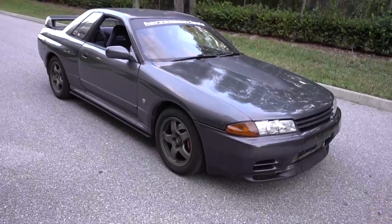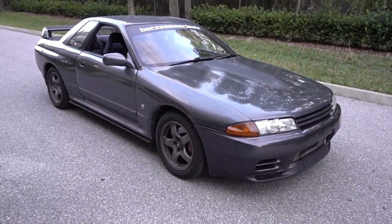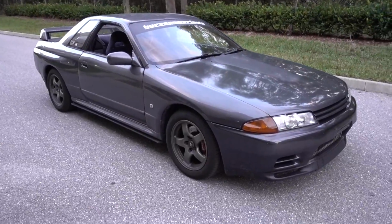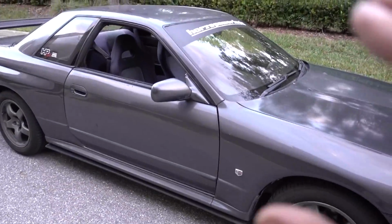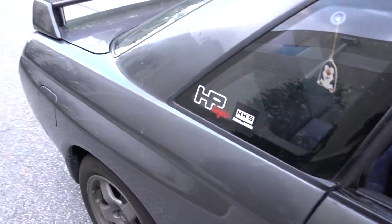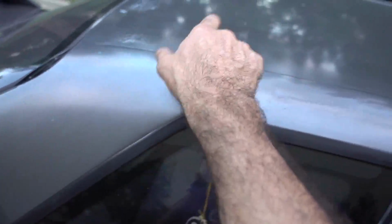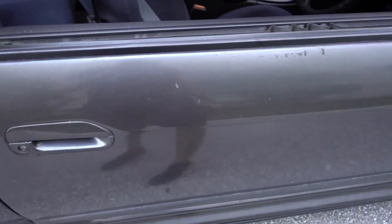when we first got the car, we looked under the hood, and it had some cool HKS goodies, some old stuff, period correct, and that was cool to me. But driving it, upon getting into it, first thing we noticed, it was rough. Like, the paint's messed up and stuff, everywhere. So you saw the door, and I saw this